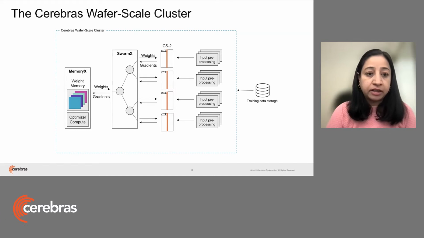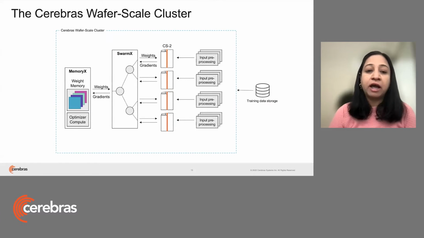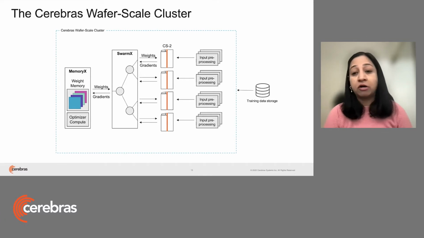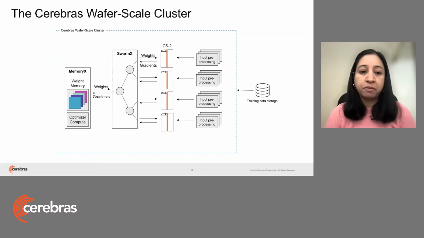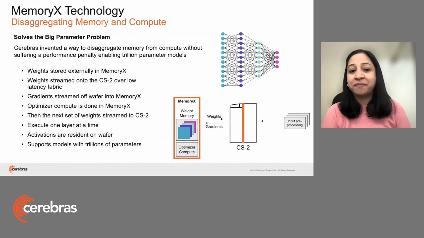If you remember, the CS2s can be 1 to n, but the main challenge that Claire spoke of earlier was that the memory and the compute have always been combined together. They've been together. And that is what poses the challenge to making near linear scaling in performance extremely challenging. And that is also what brings in all the complexities of distributed computing. Enter MemoryX. We can go to the next slide.